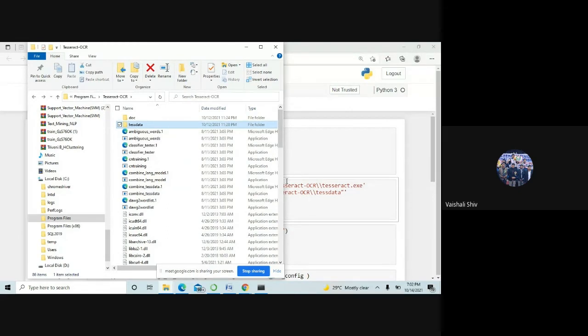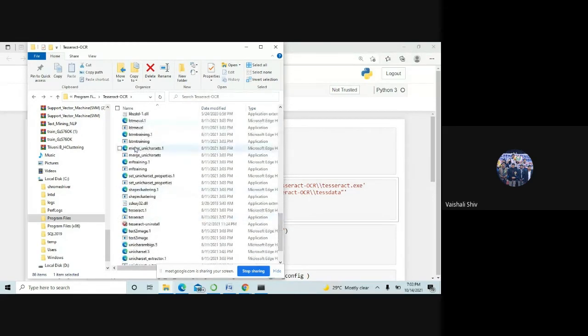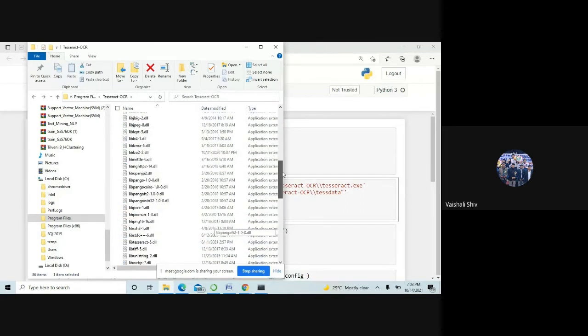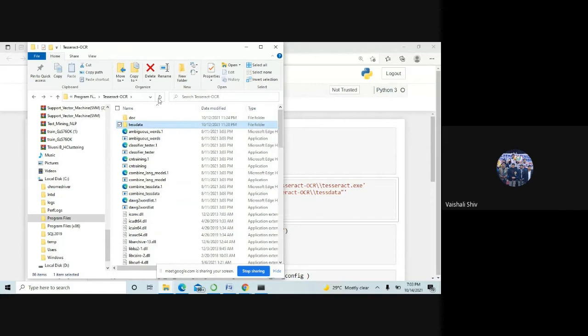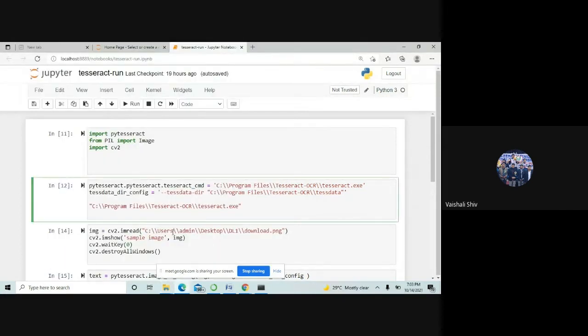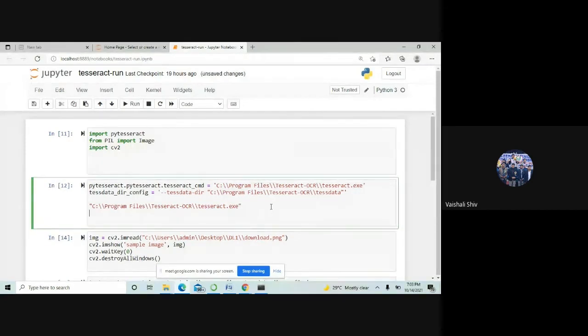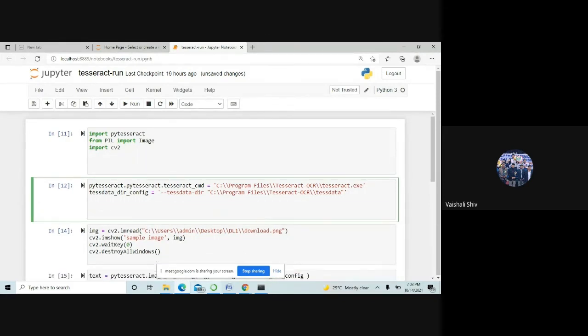Here we copied that exe file, but here we are copying the path of a whole folder. This is the path, same folder, and you have to put the double quotes. Same. Clear?